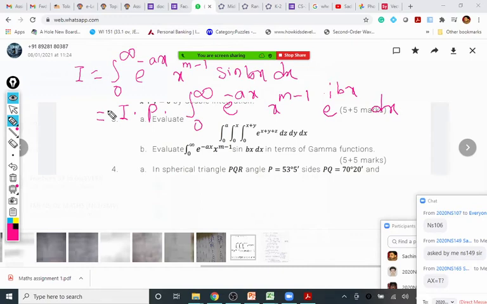And now the question becomes simple, because this imaginary part remains as it is. The best part is that the trigonometric term has been converted into exponential form, because in the gamma formula we require only an exponential function. We don't require any trigonometric or logarithmic term. So we got the exponential function, and now we just collect it together.